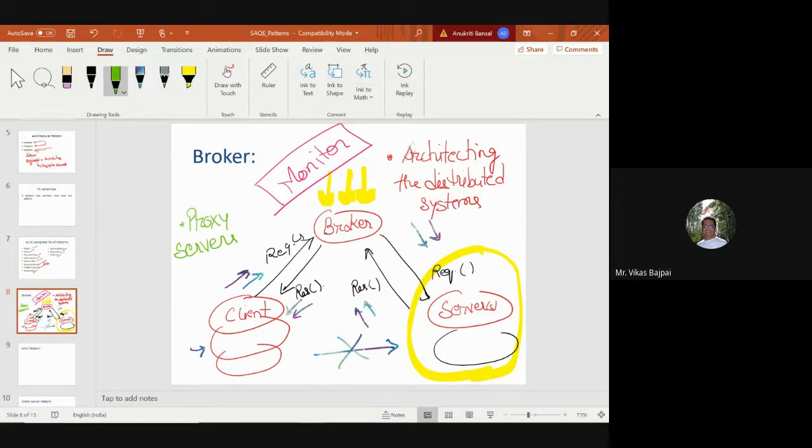In case of proxy servers, this kind of setup is there where we don't know from where these requests are coming, but we are only getting the services. In fact, these things are very popular. We can have this proxy server kind of setup in our universities as well.